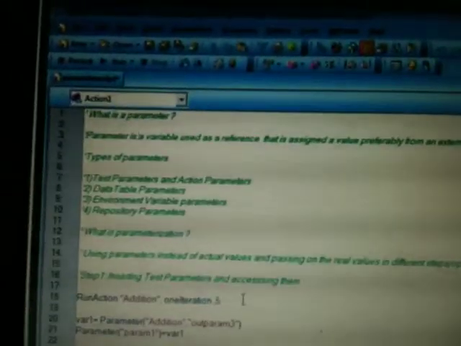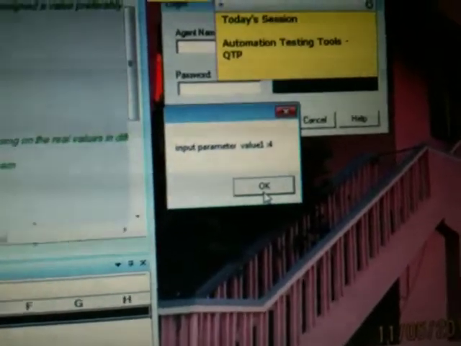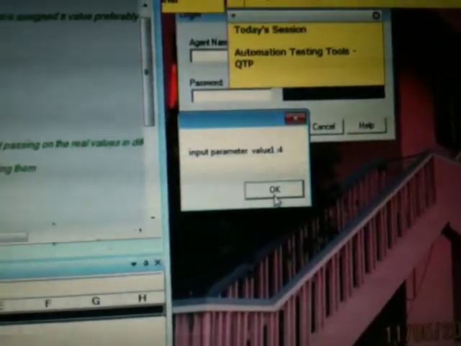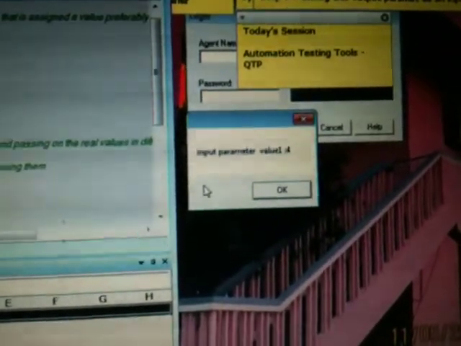So, or else what we'll do is, we will again pass on another value here as 4 and try to run the script. So, the first input parameter value is 4. You might find it awkward that you passed it as a second argument, so why is it showing as a first argument? You can actually change the order of the input parameters. However you change it, these values will get changed.